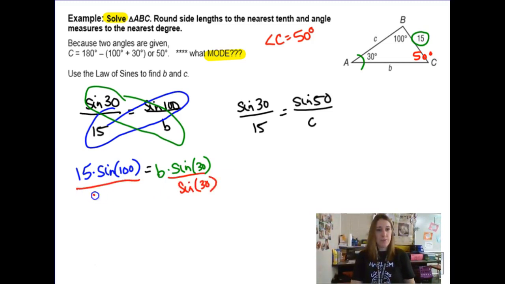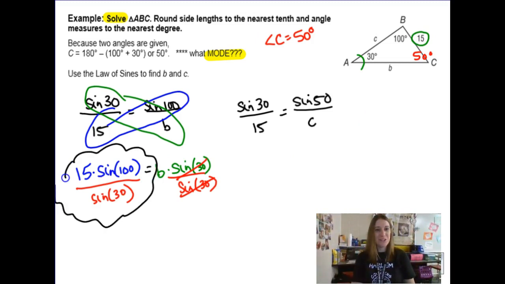And all of this is going to happen in one step on your calculator once you remember the steps. So on my calculator, and for the sake of time, because I already recorded this lesson and then my computer crashed and now I have to record it again, so I'm running short on time here. I'm not going to show you on my computer calculator how to type this, so please practice, pause the video if you need to,